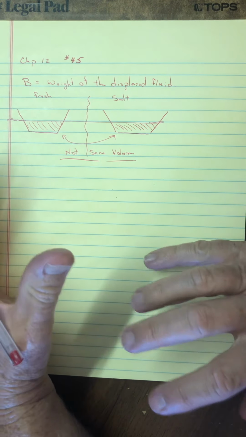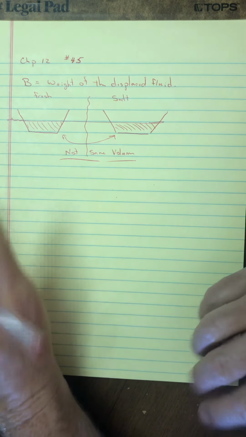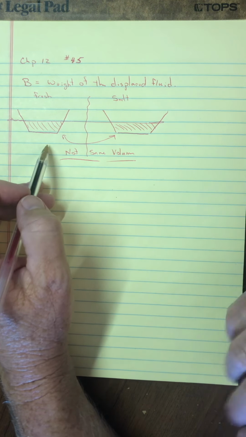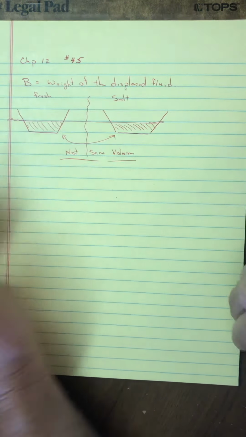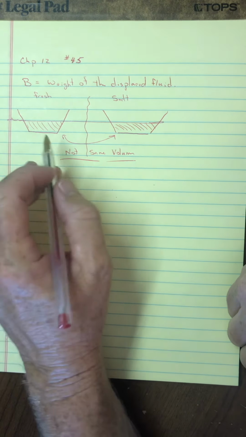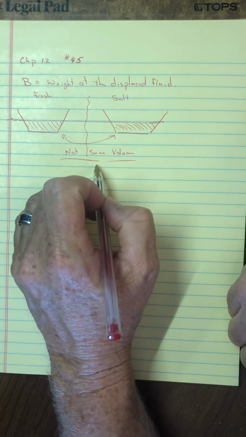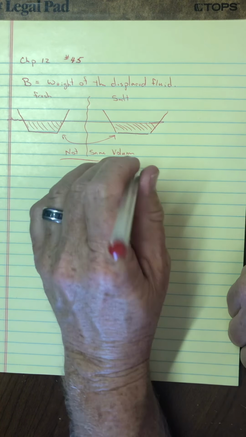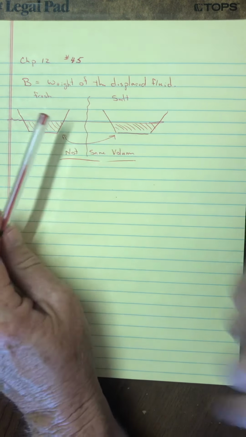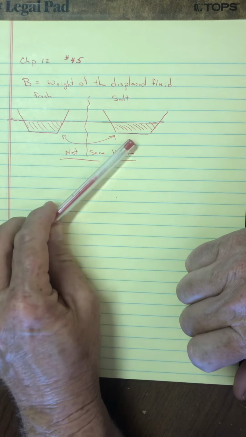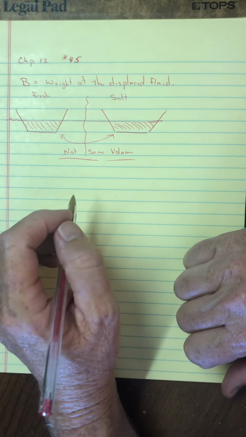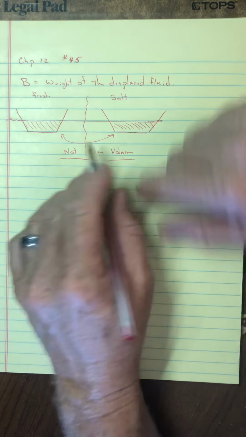To give you an idea, here's what would end up happening. Let's just say you could start with a lake of fresh water, and then all of a sudden, magically, boom, you change it all to salt water. Right at that moment, that would make this a greater buoyant force, because at that moment it would have been the same volume, but given the greater density of the salt water, it would be a greater buoyant force. But here's the interesting thing. Let's go back to the freshwater.